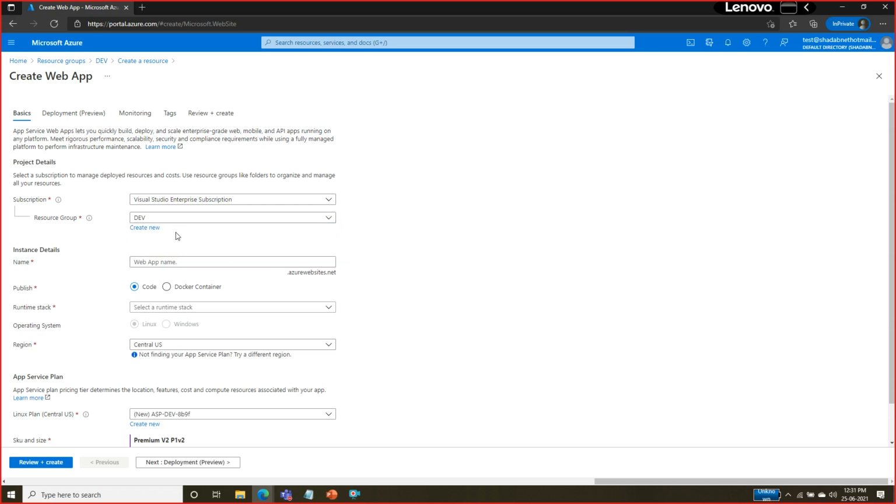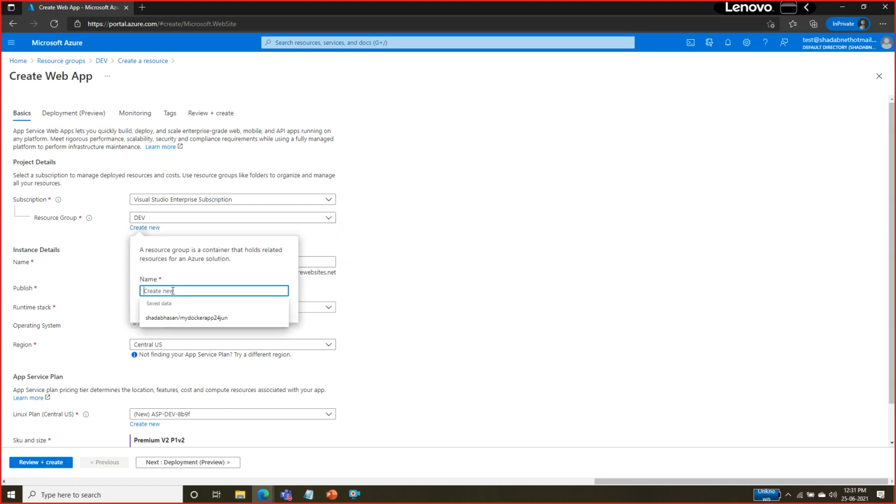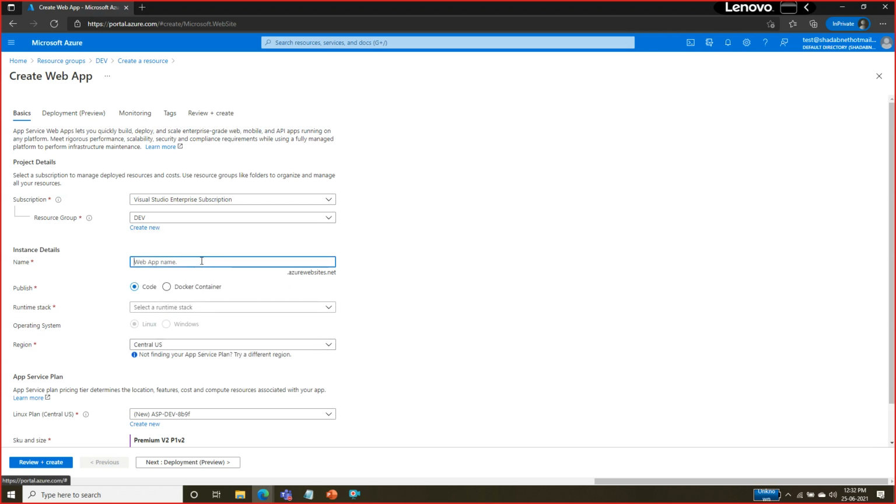He can't select any other resource group. He will not be able to create a resource group. If I ask this guy to create a resource group, he's not able to, because he doesn't have access outside of the resource group. A resource group cannot be created inside one resource group, so you can't create another resource group inside dev. You have to create a resource group in the subscription, and he doesn't have subscription level access, so he can't create a resource group, but he can create a web app.